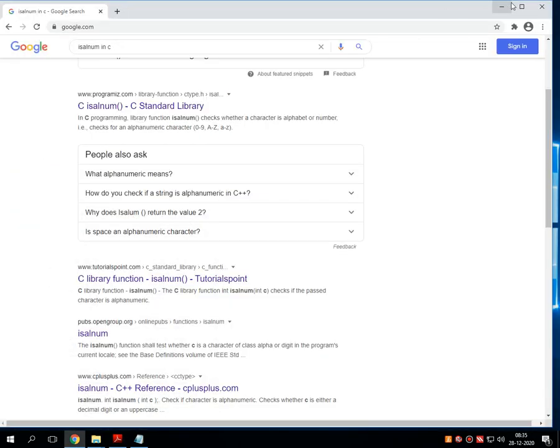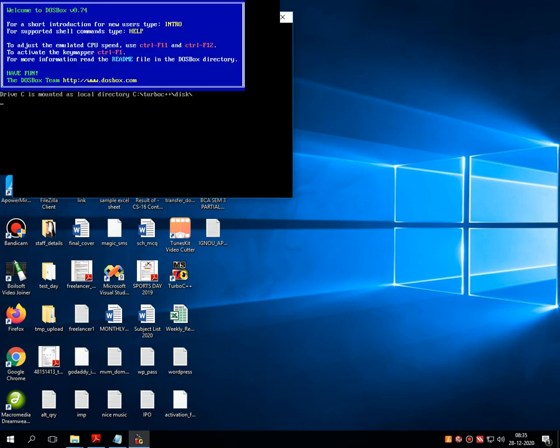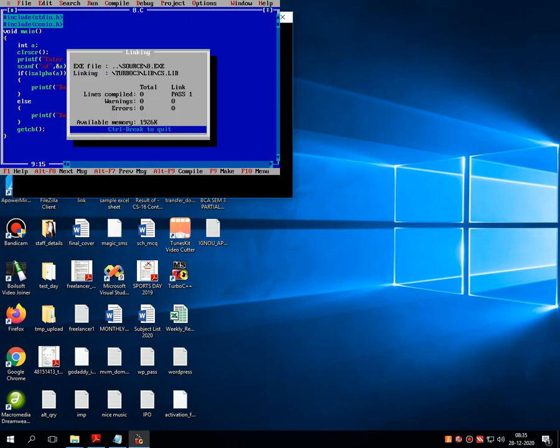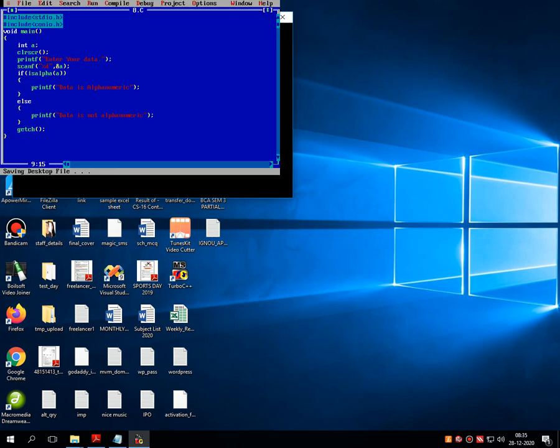Again I am going back into the C editor, and I am changing the function from isalnum to isalpha. Let me check for syntactical errors. I am entering digits. It returns that data is not alphabetic.